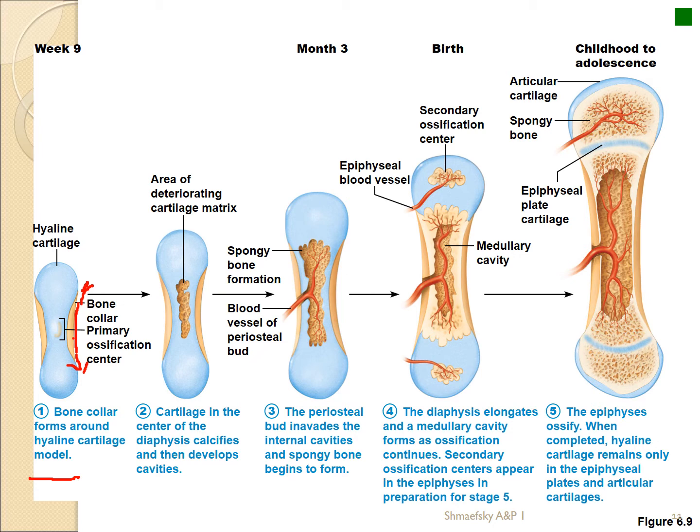And then in the second step, you get what's called the primary ossification center. That means now I'm going to start building the beef of the bone. And notice that the diaphysis starts first. We're going to see the epiphyses start a little later as like a second bone that then gets attached to this. So the diaphysis forms first. What happens, just like in endochondral, we're going to form like a hyaline mass, dissolve away the hyaline cartilage, and then replace it with bone